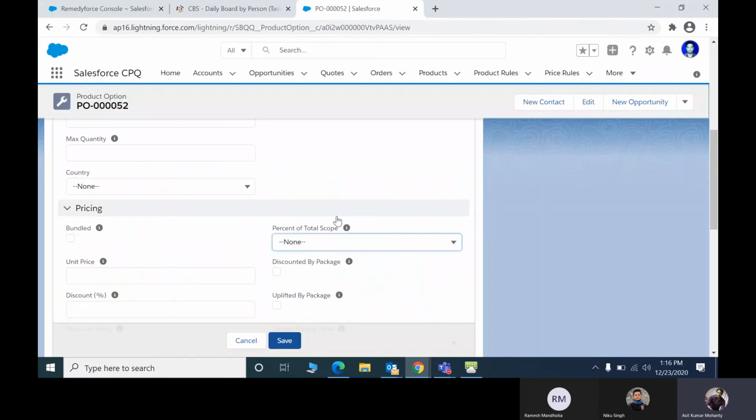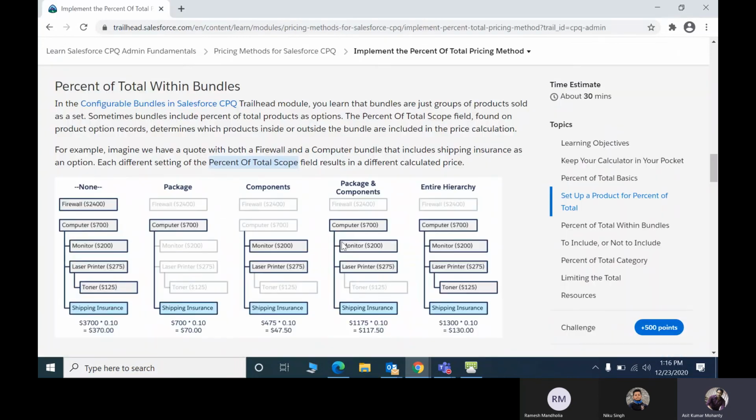Okay, so what does this mean? Percent of total scope. First of all, we should